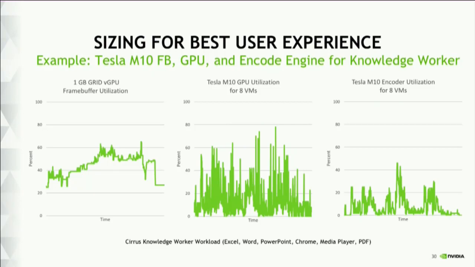The first graph shows me the amount of frame buffer utilization for this particular user type. This is on our Project Cirrus tool that we've built with the knowledge worker workload. So this is Excel, Chrome, you name it. It's really not a 3D app, but I'm trying to keep it down to a frame buffer level that I think would resonate with anybody. And you'll notice that at peak, it's maybe 650 megs of frame buffer. So that's Windows 10, that's Office 2016, and it's being used over a period of time, and that's what we saw. So we know then that 1 gig of frame buffer is sufficient, 512 meg would be insufficient, and that would not give us the performance we were looking for.